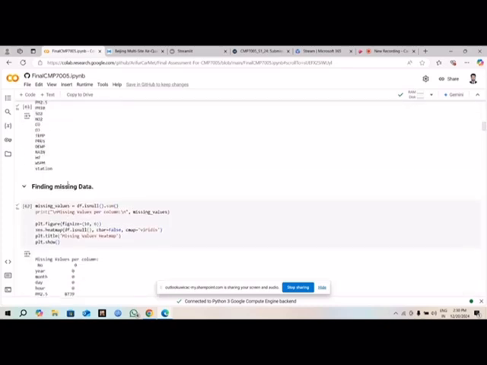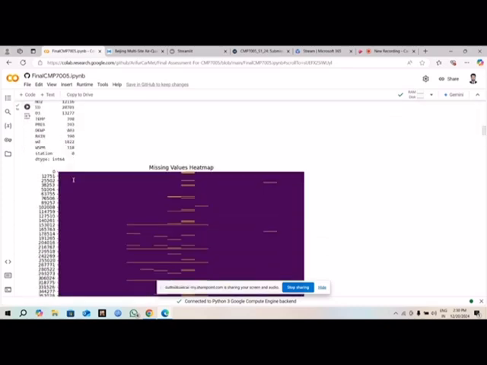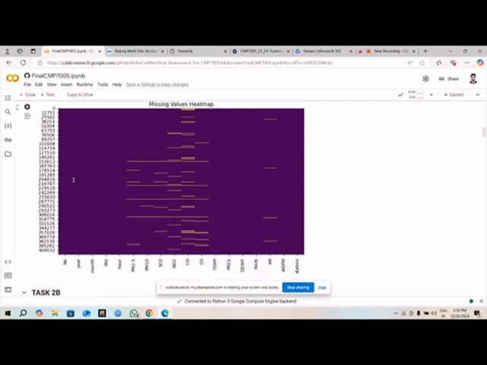So now I find some missing data in my dataset. So there is a code for finding missing data in the dataset. Missing heat map,